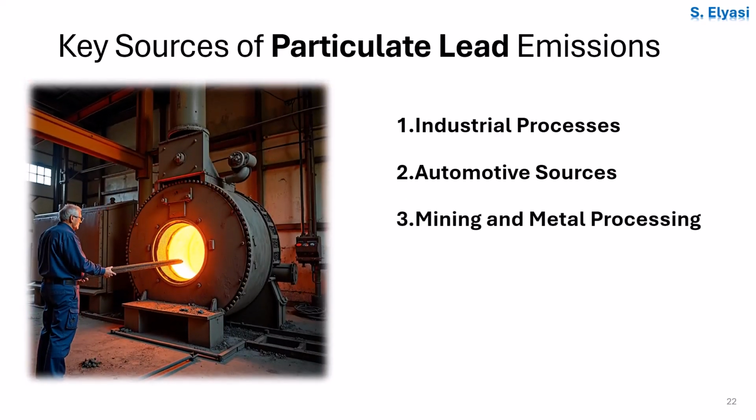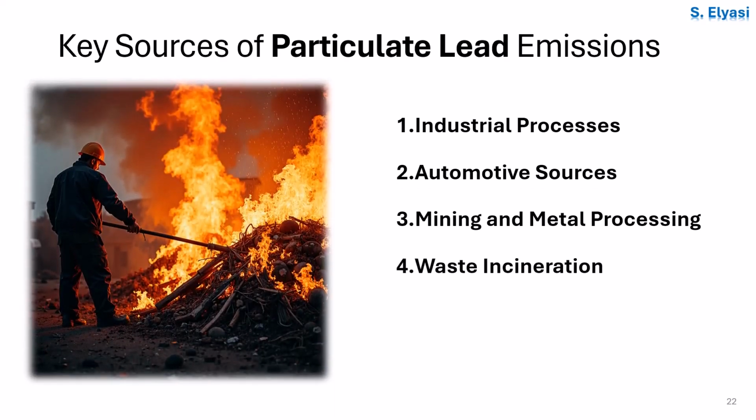Mining and metal processing. Mining operations, especially those extracting lead, zinc, and copper, can release lead particles into the surrounding environment. Waste incinerators. Facilities that burn municipal waste can emit lead particles if the waste includes lead-containing materials. These sources contribute to the presence of lead in the air, which can pose significant health risks, especially to children,